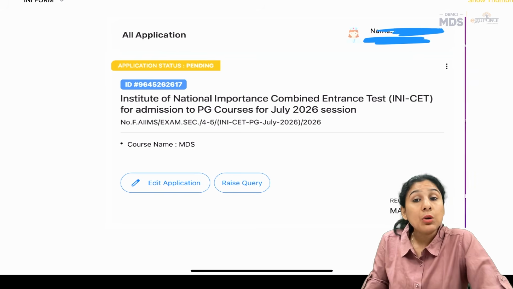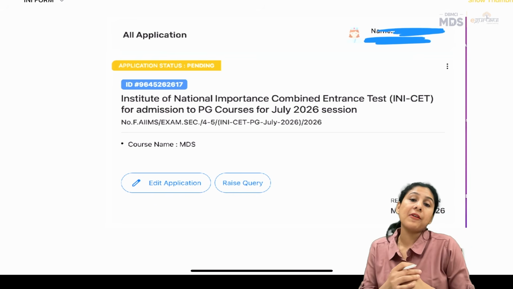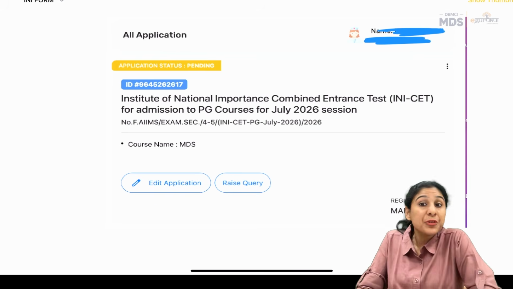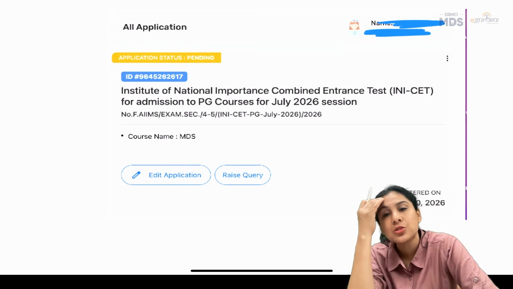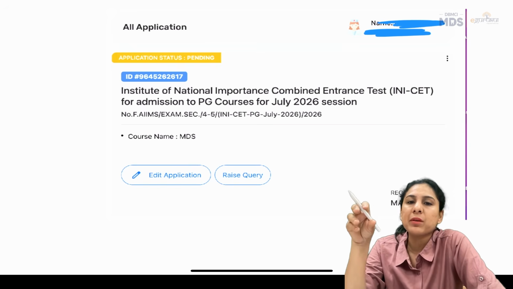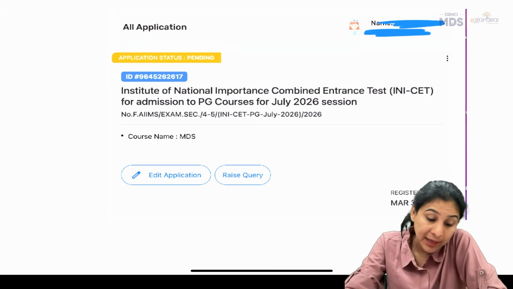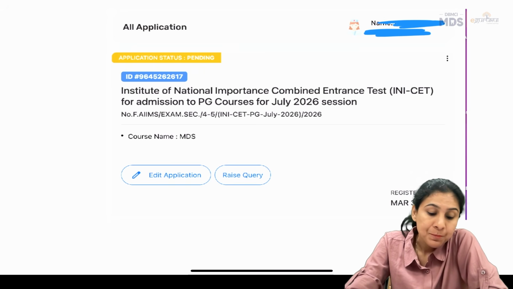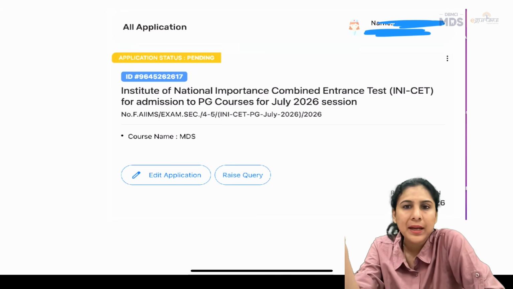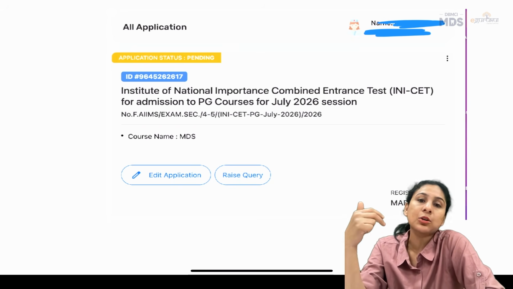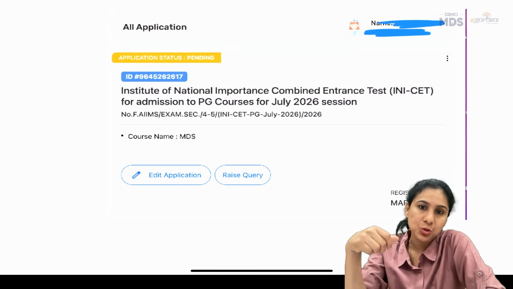All right. Now, after you have done everything, you submit the fees. Your fees payment is also a little difficult because UPI payment is not an option. All right. You can pay with credit card, debit card, and net banking. Right. They always give preference to SBI. But even if you have other bank accounts, you can use either debit card, credit card, or net banking. UPI option is not there, right?